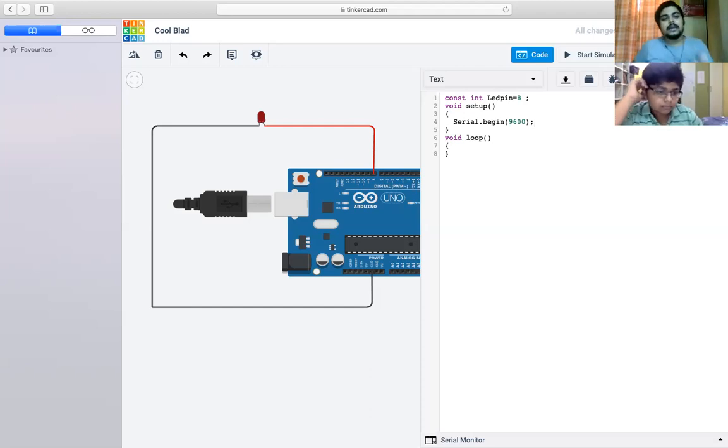Here also, the Arduino can work at 9599 or 9601, but there is a problem with the transfer of data. If you transfer 10 data at 9599, 8 data will be sent, but 2 data will not be sent. At 9601, if you send 15 data, only 12 data will be sent. But at 9600, if you send 15 data, all 15 data will be sent. So the efficiency of 9600 is much higher and the best. That's why we consider 9600.